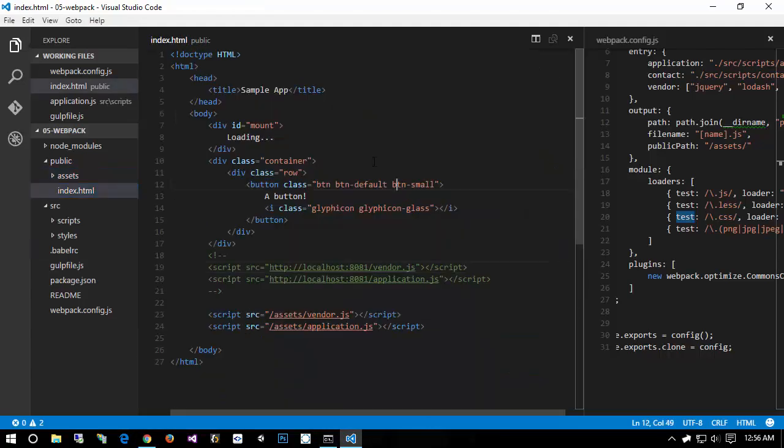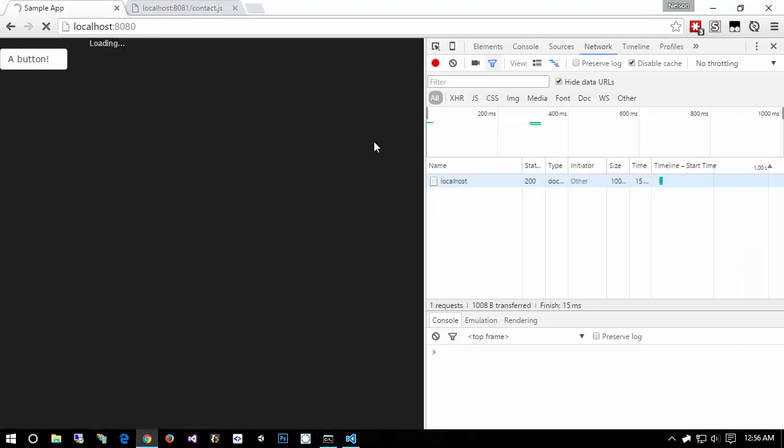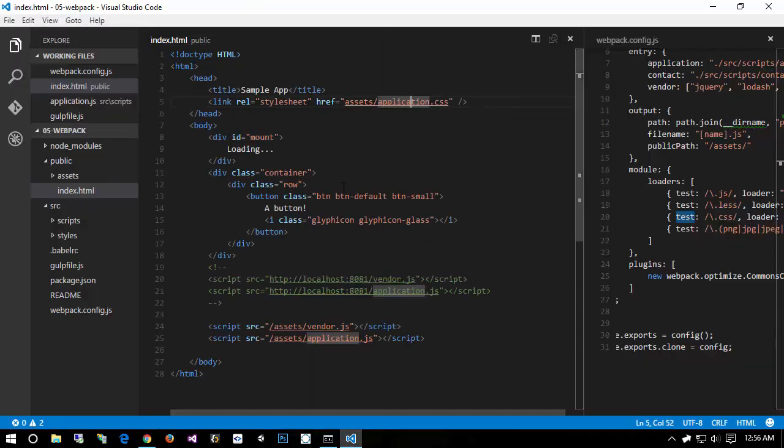But if I come in here to my index.html and really quickly add in our assets application.css, come back here and hit refresh, we now have our CSS separated from our JavaScript, which is very, very handy. Anyway, that wraps this video up, and we'll